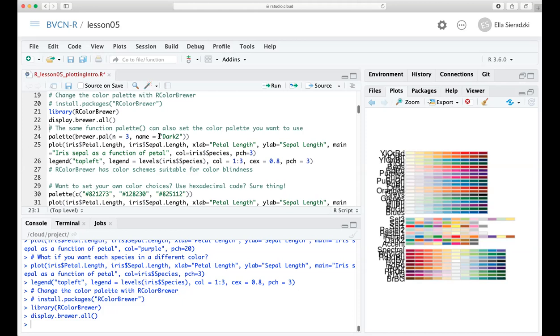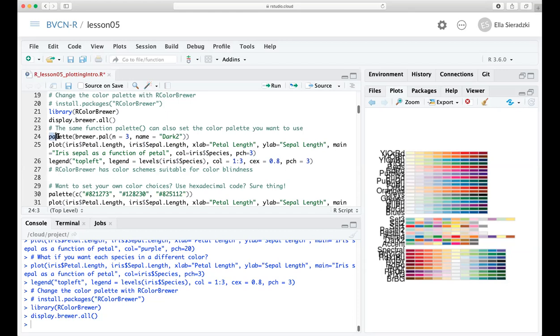Okay, so those were the color schemes. And I'm going to work with a color scheme called Dark2, which is somewhere here. I like those pastel colors. But pick whatever you want. Okay, so now I'm going to define my own color palette. So instead of using the R default palette, which is going to start with black, red, and green, which is what we used before, now we're going to define a different default palette